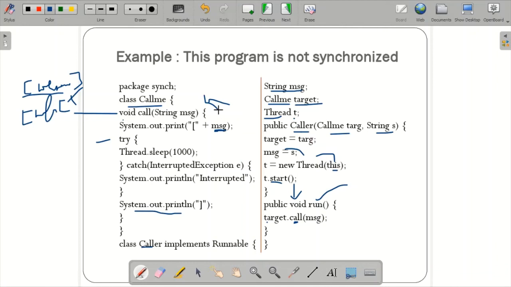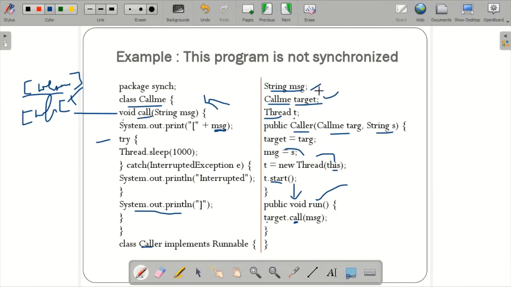What is happening over here is you have void call(String message). In this, whatever the message is to be printed is written over here. You just remember that whatever the message is to be printed is written over here, and the function name is call, and it will take as parameter just a message that is defined under CallMe. And here, class Caller implements the Runnable interface. So it defines three things. One is String message, and one more is target of this particular object. Why have I defined this target? Because I want to run this particular function. So through this object I am calling this particular function. That's it. CallMe target.